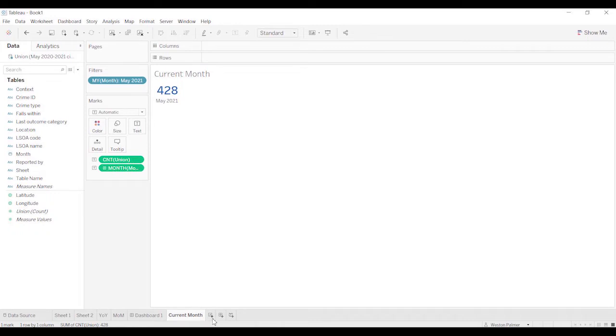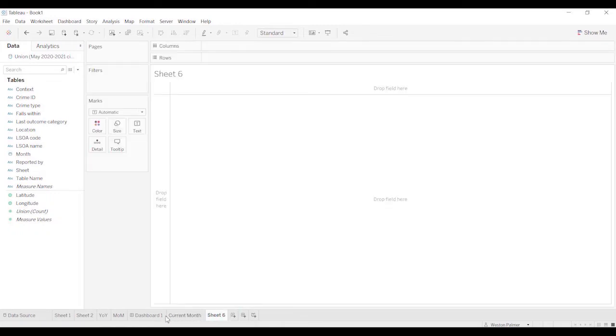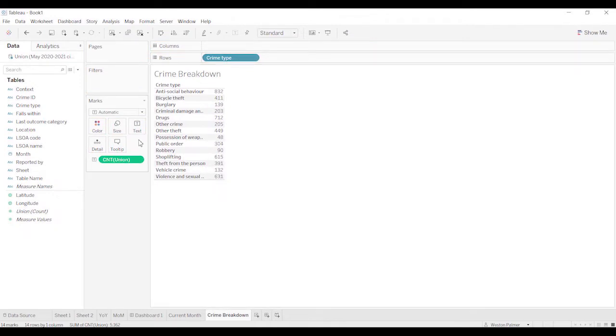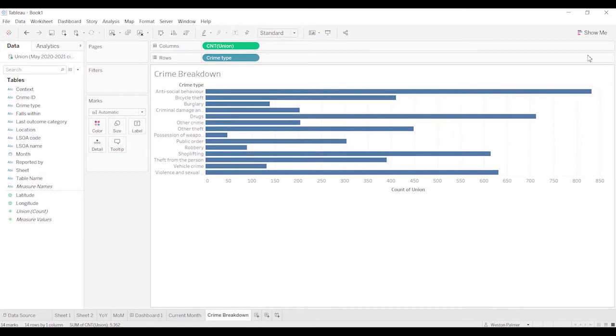Now I'm going to add another thing here. This is going to be crime breakdown. And this is going to bring the crime type over here. Going to bring the union, not the union, but incidents. Actually, I want that to be a bar chart. It makes it really easy to identify